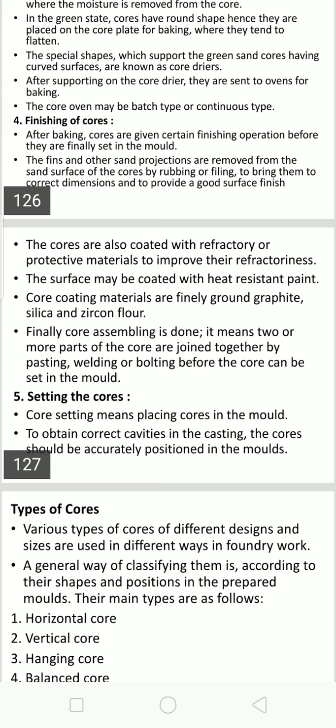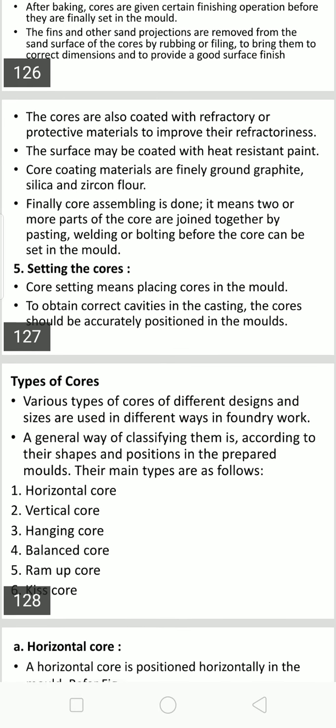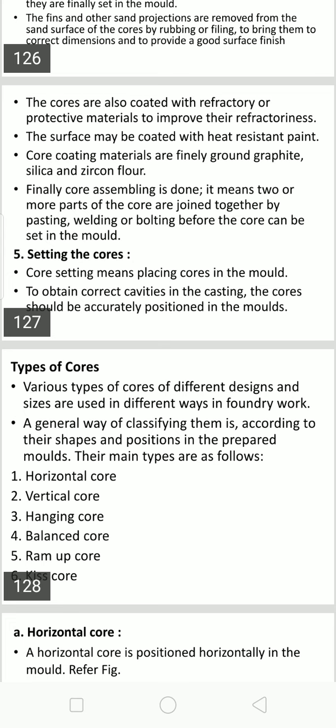Core venting is essential to provide easy escape for gases and steam produced when molten metal surrounds the core. Though sufficient permeability is provided by the use of special additives like wood flour, venting is required to make a smooth way for the gases. Venting is done by making adequate channels using scratches into the surfaces at the core interiors. For cores made in a single piece, vent holes are made with wires or rods which are present as an integral part of the core box.